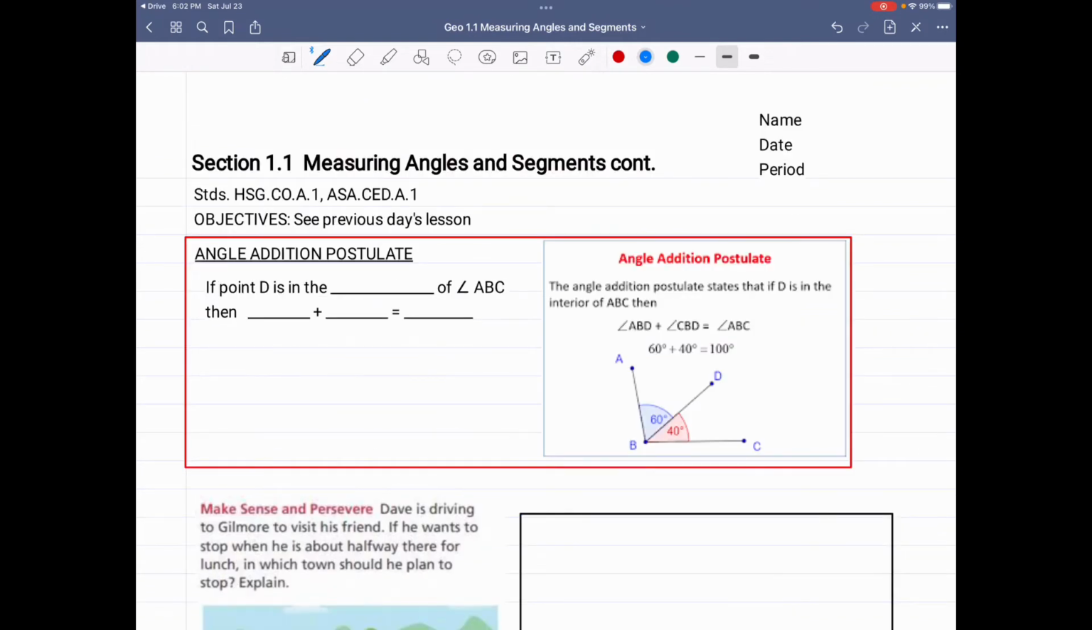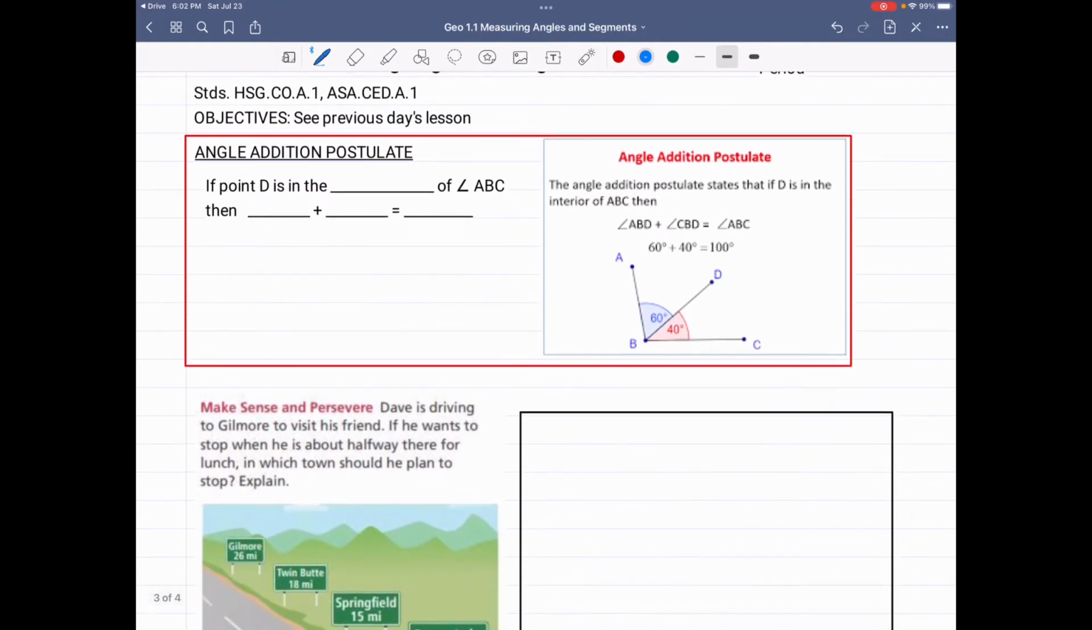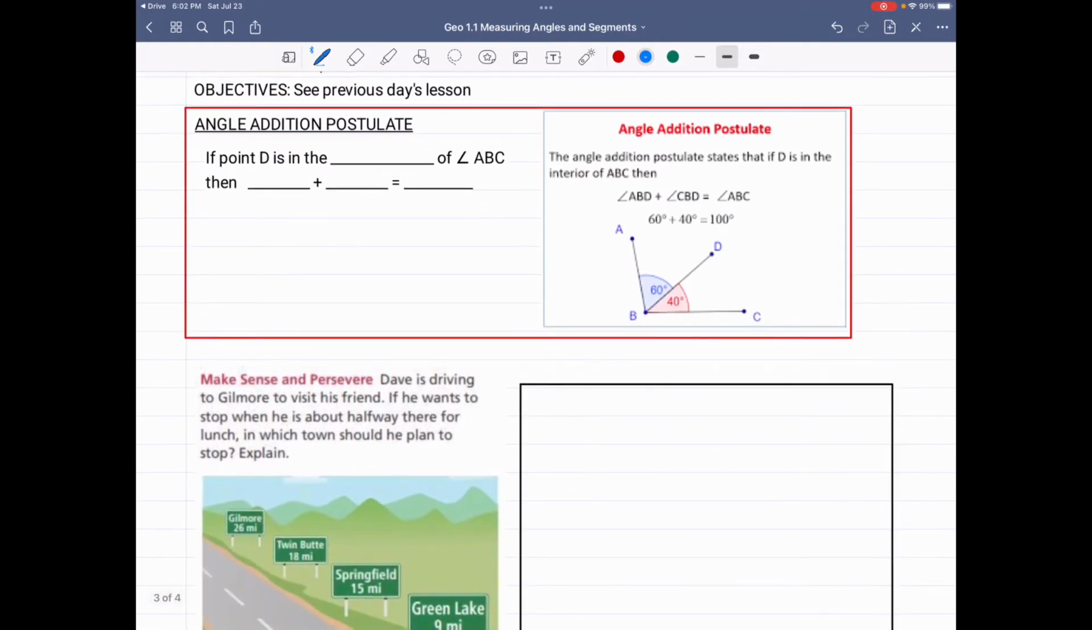This is section 1.1, measuring angles and segments continued, and you can see the previous day's lesson for your objectives. So we're going to start out with the angle addition postulate. If point D is in the interior, that means the inside, you can see it in the diagram over here, point D,